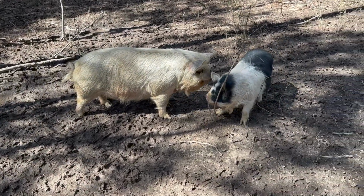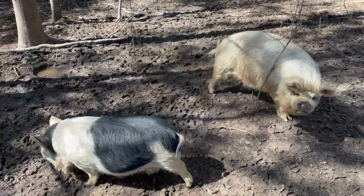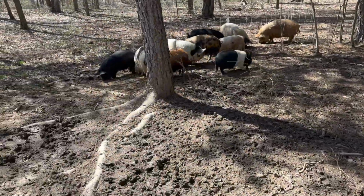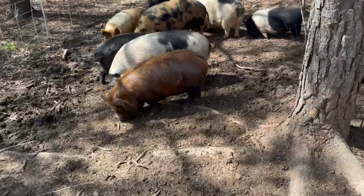Whenever you've got younger pigs in with older pigs, the older pigs will just kind of get them out of the way if they want them out of the way, but there's never really a fight or anything. The younger pigs are normally scared of the older ones, so it's really not an issue like when you put boars together. Even if you put boars,